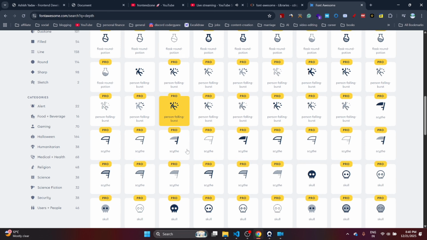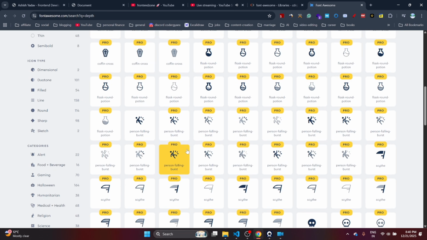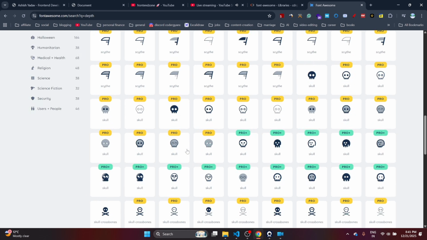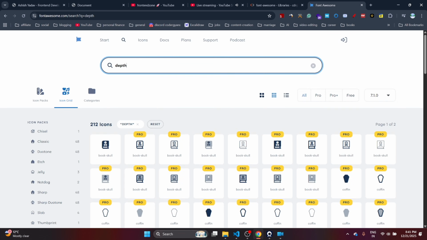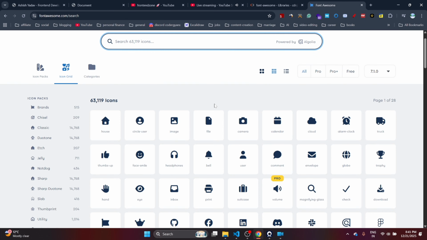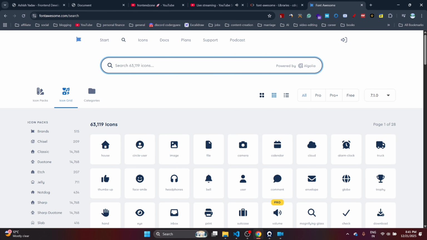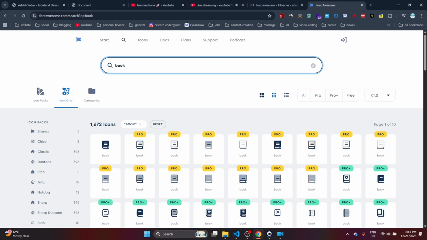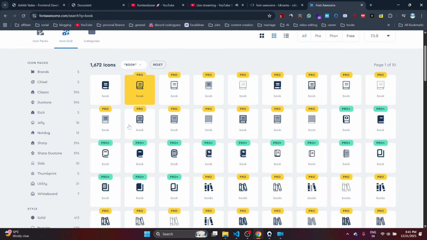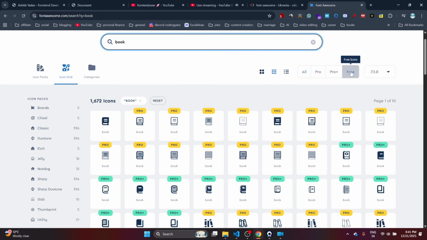But I think there is no relevant icon for depth. Instead, let's first add any icon here. For depth, we can use a project or book icon. If we copy this, I need just free icons,